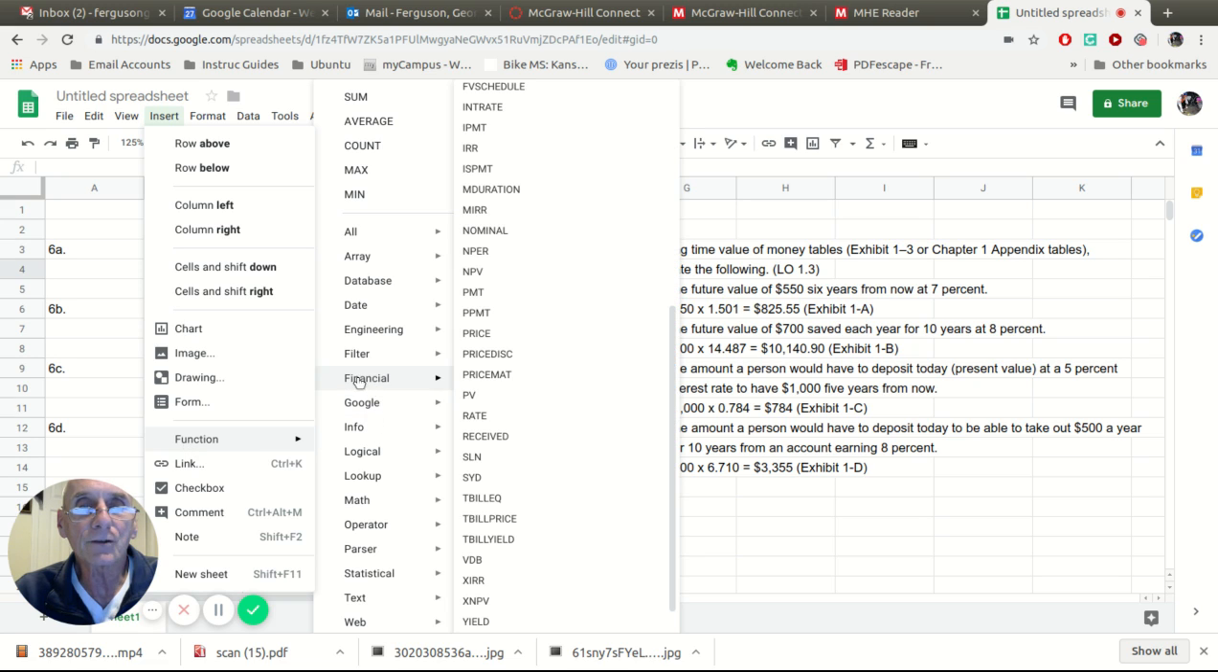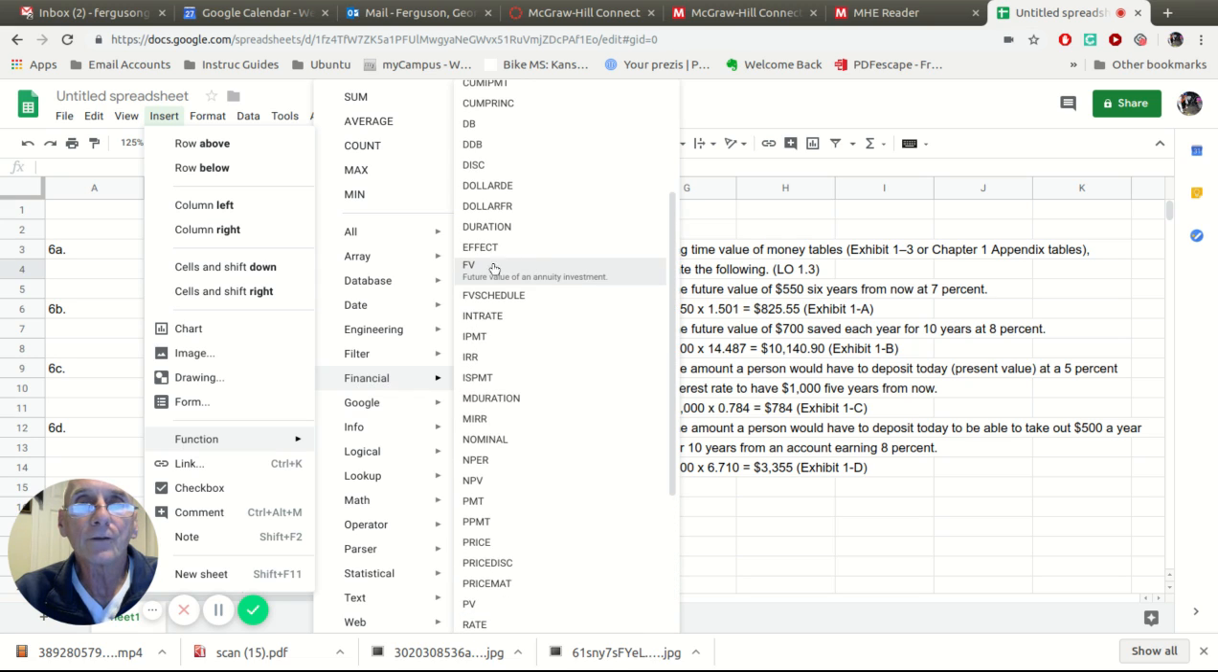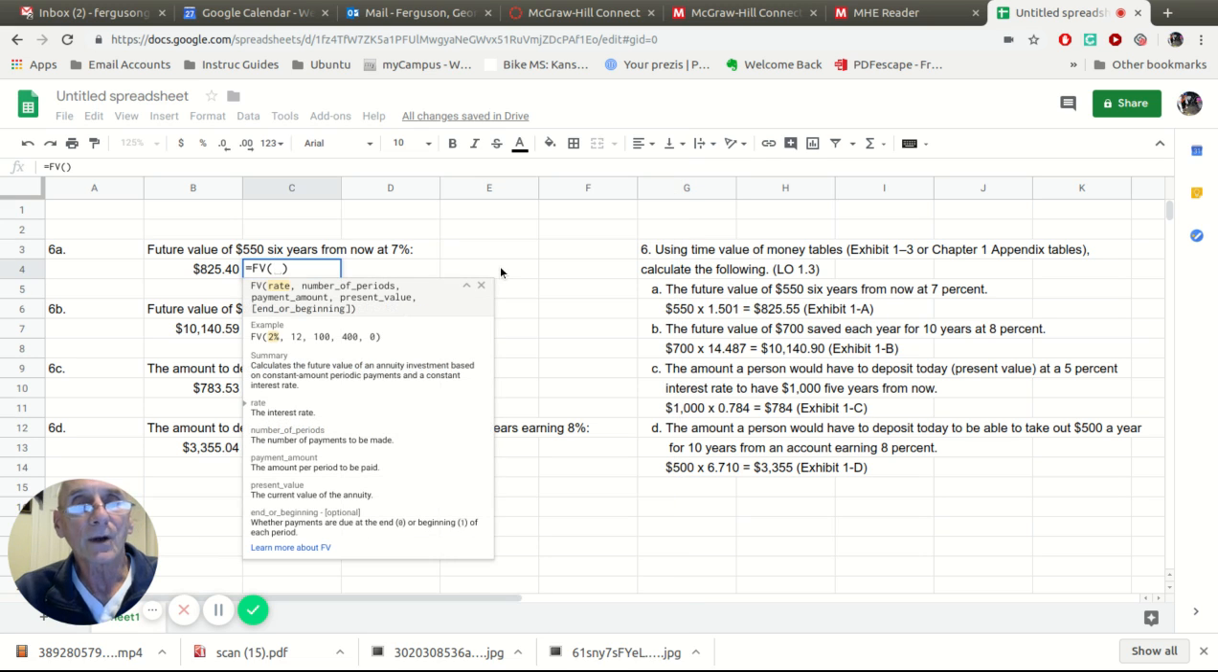We're looking for a financial function. In this case, future value, FV. So I click on that, and what it does is it shows me the things that you need to input: rate, number of periods, and it's highlighting what is necessary. It also shows you what some of those things actually mean to help you learn about it. So in this case, to get the future value of $500 6 years from now at 7%, the rate